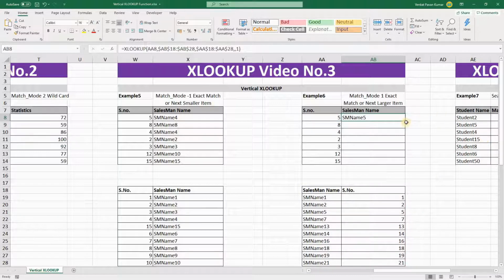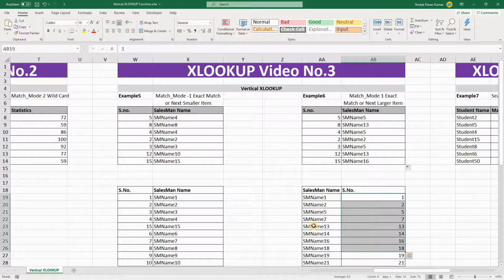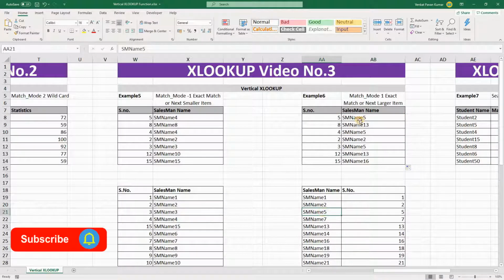I'm going to drag this formula to the other cells. If this serial number exactly matches in this table, then it's going to update this salesman name here. If it is not matching, then it's going to take the next larger number and pick up the salesman name and update here. For 5 we have exact matching, so we got the salesman name.